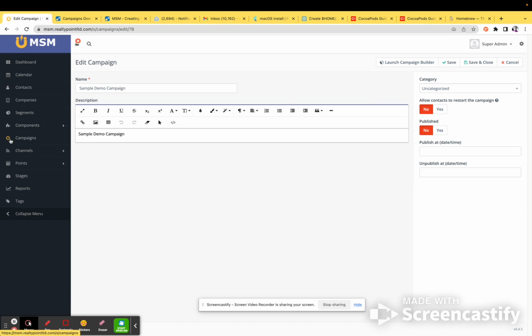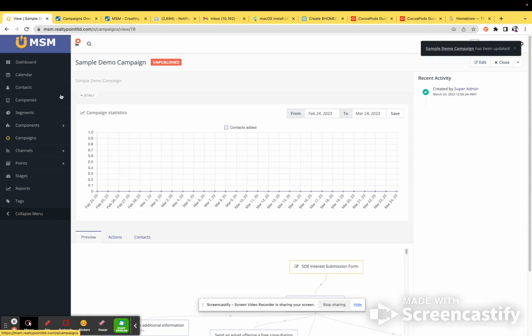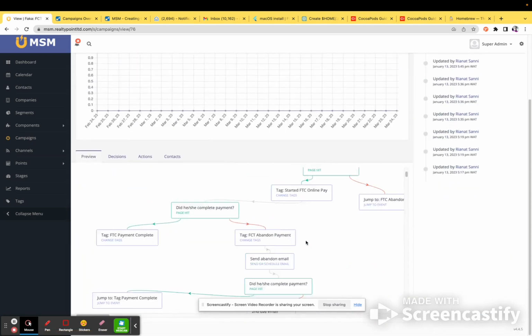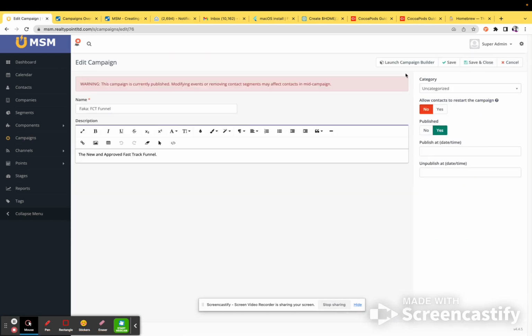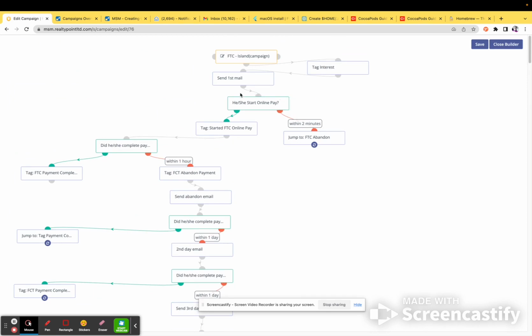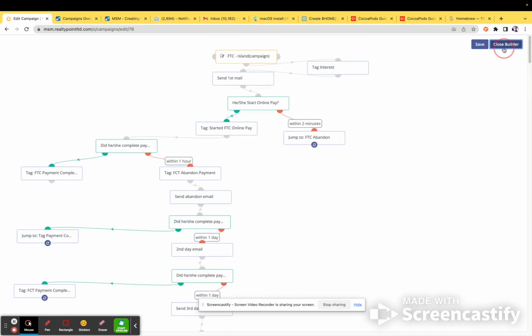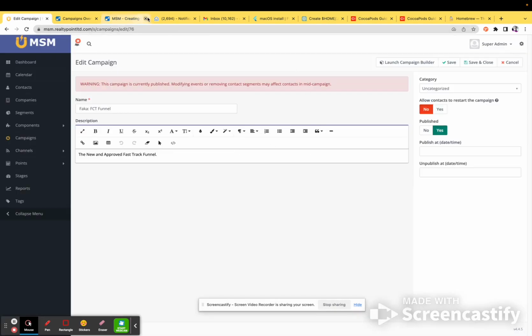Now, this campaign can go beyond this. Okay, it can be programmed to check if the guy has visited a page, if the person has paid. You can program it as much as possible. For example, let's see if we have a sample campaign. You can see, so a campaign can go as far as your imagination goes. Can you see? This is a sample campaign. So some of these campaigns have been programmed to check some things. So you can do checking before you send the next mail. You can take a decision. You can see. So these campaigns can go as far as you want. So you can see, I believe